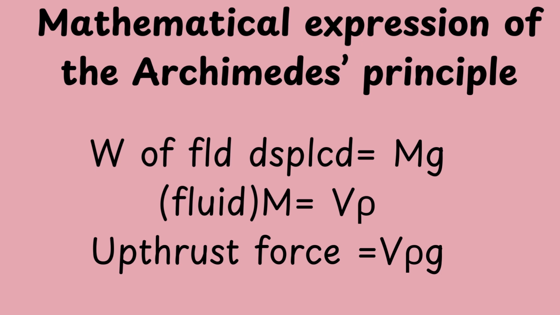So now our upthrust force should be equal to the weight of fluid displaced. What is the weight of fluid displaced? It is mass times g. What is mass? Volume times rho, volume times density. So volume times density times g. This is mass, and then we multiply it by g to get the weight of fluid displaced. So the mathematical expression of Archimedes principle, if you're asked to express it mathematically, or if you want to solve problems, you're going to say upthrust force is equal to volume